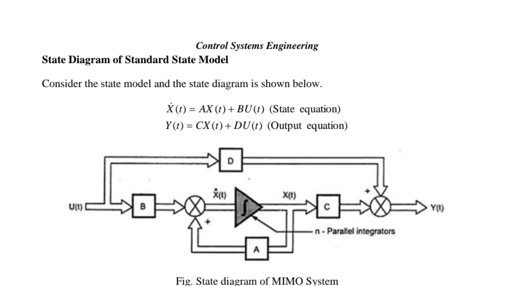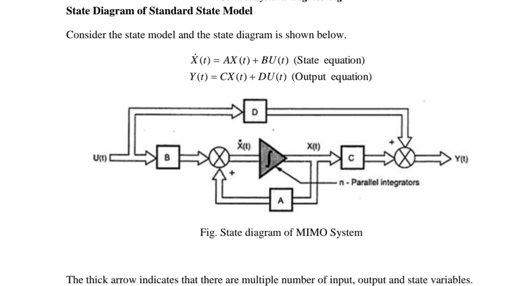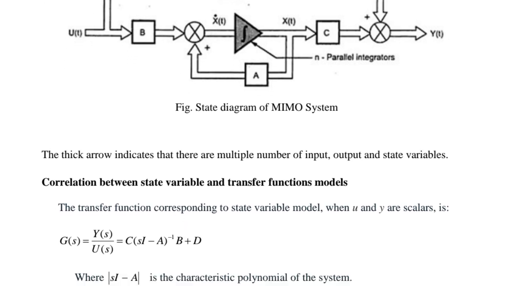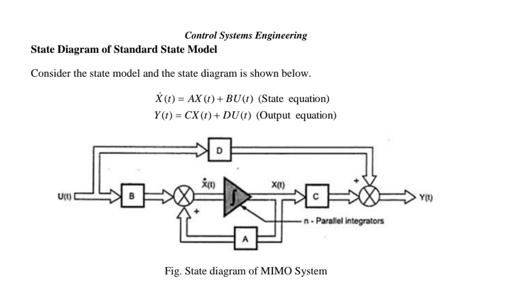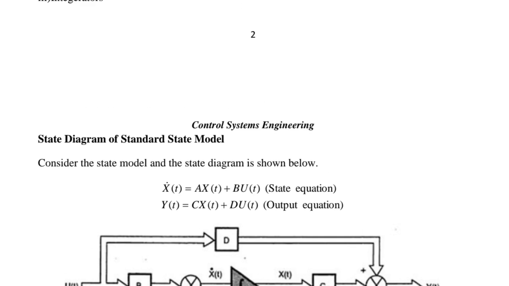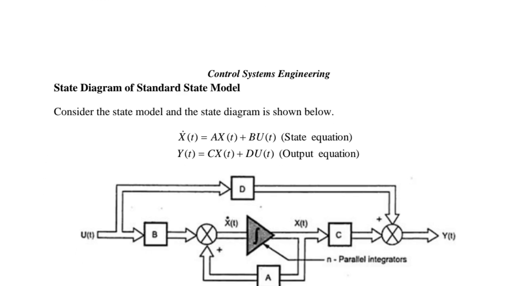So now see here the state diagram for the standard state model. So here we are taking the state diagram for the MIMO system. So for that you have to write the state equation and output equation. So now you have to denote this parallel integrator, how they are using here, and also here you can check